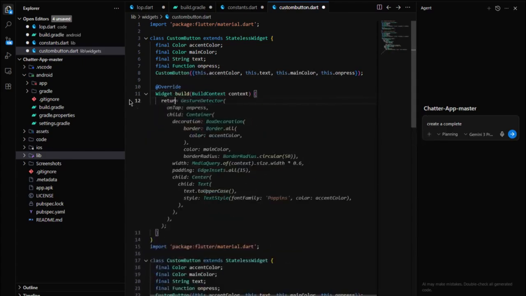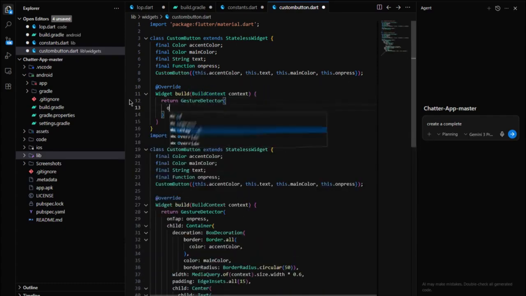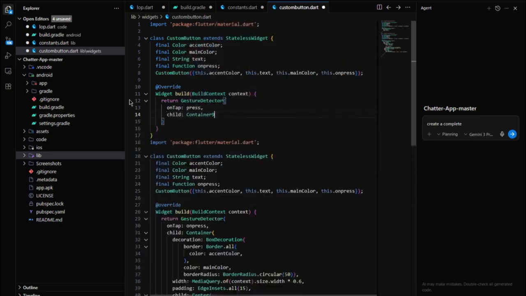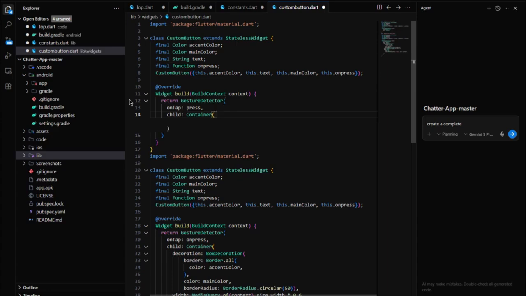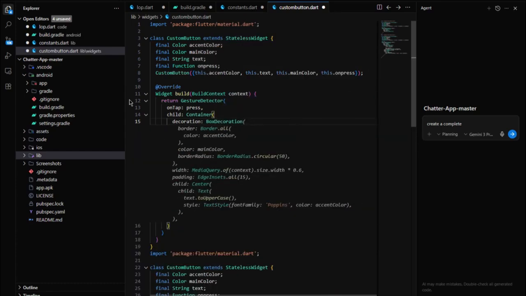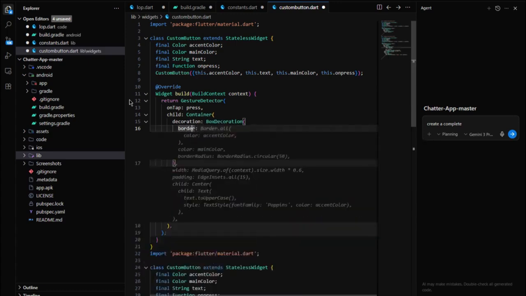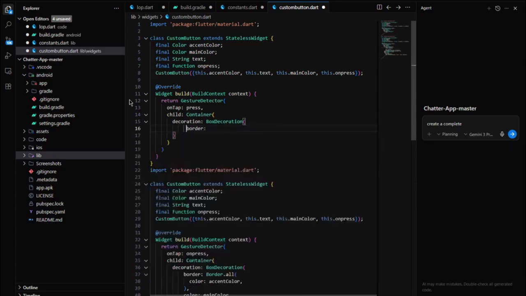Define return GestureDetector, round brackets, press enter. On tap should be onPress. Child should be Container, and decoration should be BoxDecoration, and then border should be Border. I'm giving Border.all,